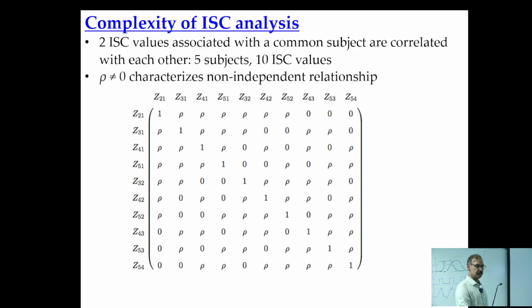This is just showing how subjects are correlated with each other, 5 subjects for 10 ISC values, right? So these are 5 subjects, Z21, Z31. Of course, Z21 to Z21 will be 1, like correlation with itself. But for the other ones, you can get different